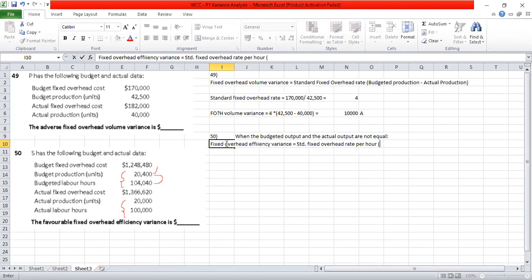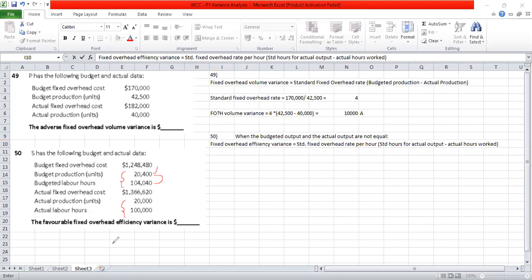into the standard hours, which are the adjusted standard hours for actual output, minus actual hours worked. Standard hours for actual output, because they are not equal. So